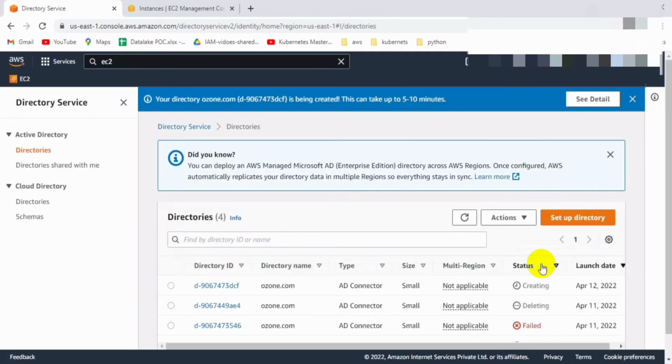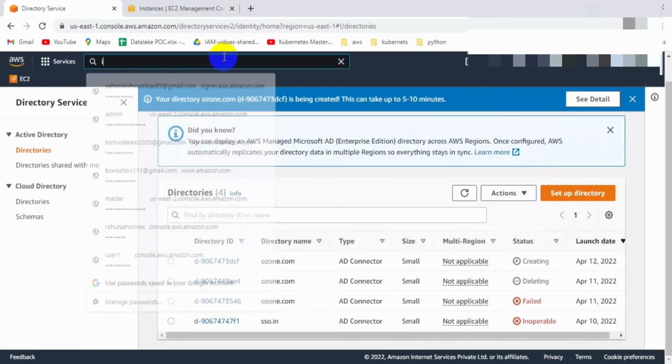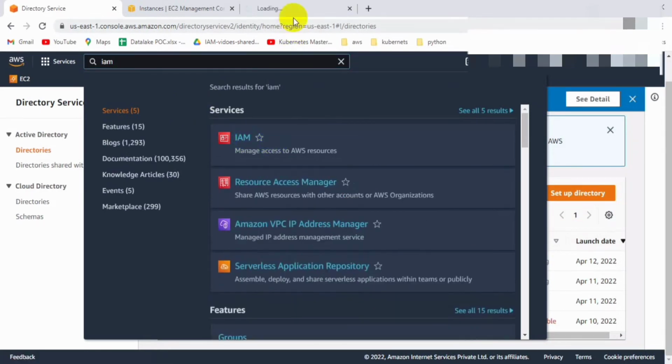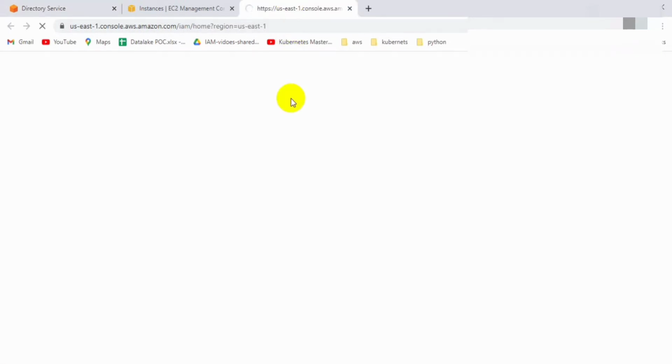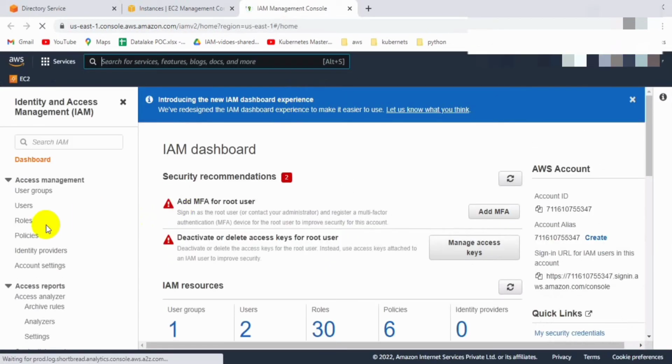We have entered all the required details, and as per the message, you can see it will take around 5 to 10 minutes to get it up. In the meantime, we can create the required IAM policy, because once it is integrated, we can integrate it with some users and see whether it is working or not. So let's go to IAM, and we have to create a role here for the directory service. Let's click on roles,